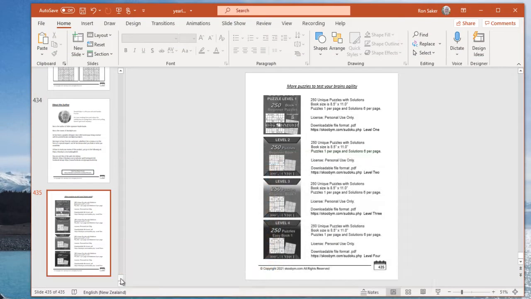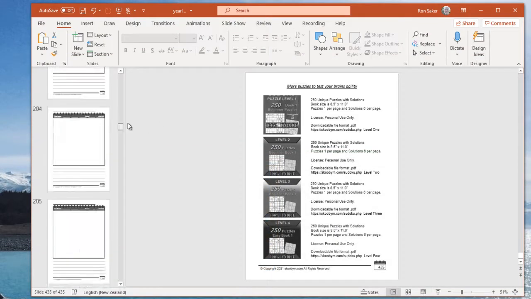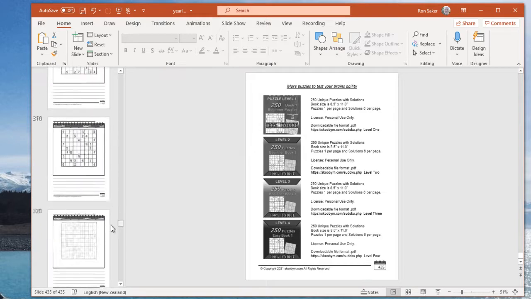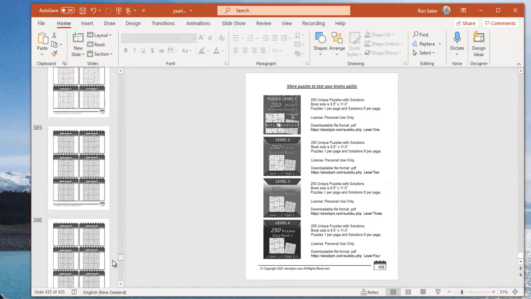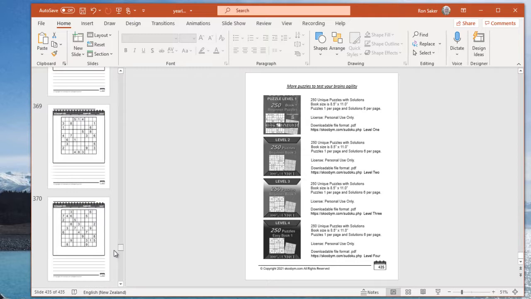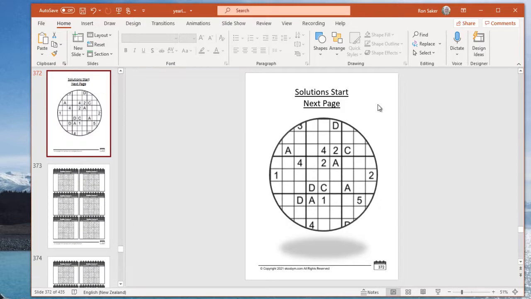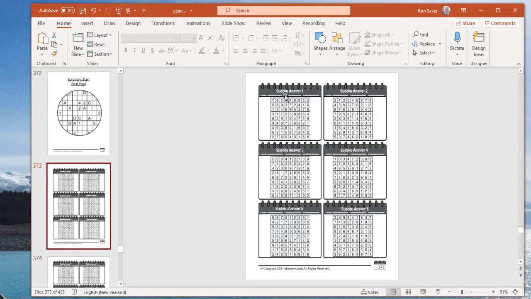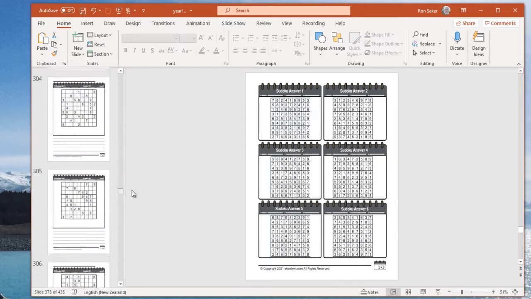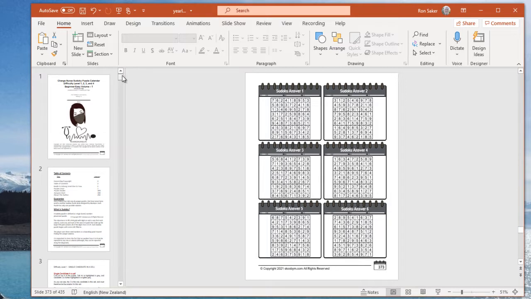So now we'll go to, right, so there's the solutions next page divider. So when we look here for the answer, it's got Sudoku answer 1, 2, 3, 4, 5, 6. Okay, and then if we go right up to the very top, you see,